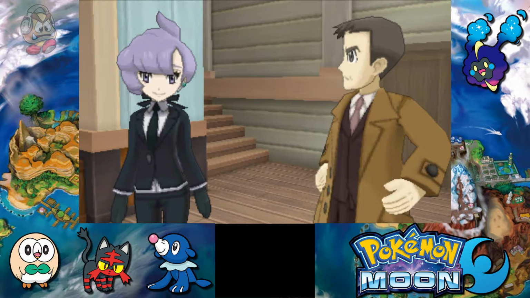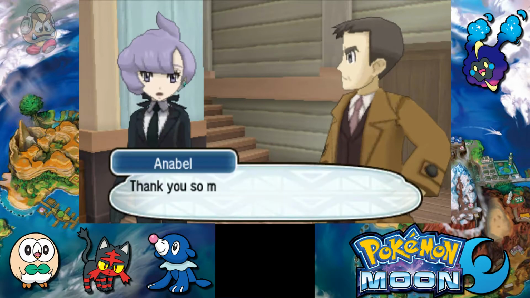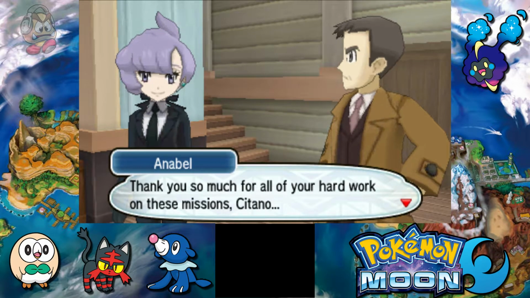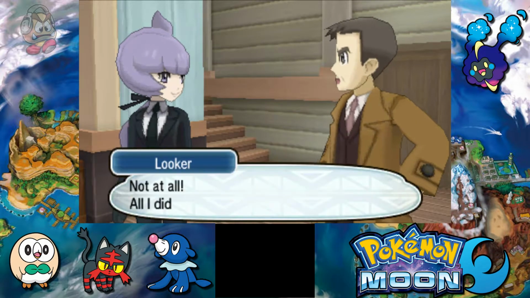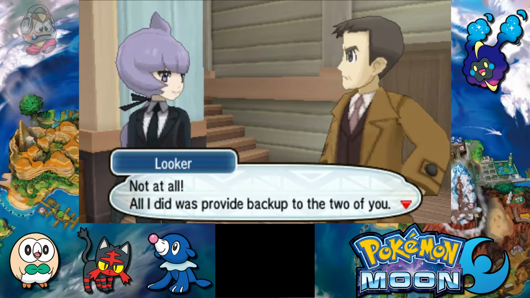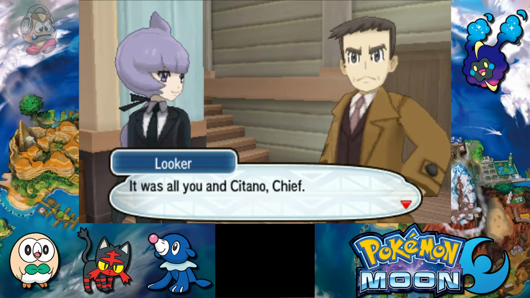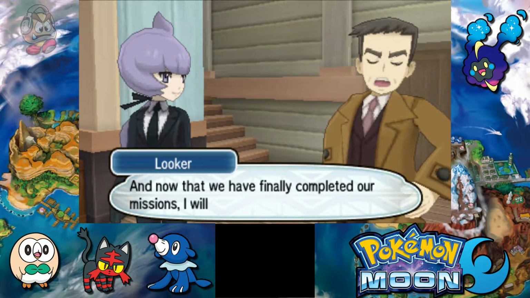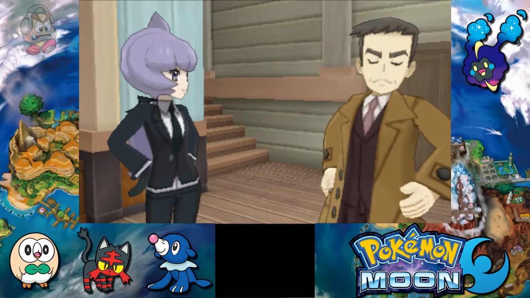We did it, Chief? Yes. We successfully contained all the UBs. Thank you so much for all your hard work on these missions, Citano. And Mr. Looker. Not at all. All I did was to provide backup to the 2 of you. It was all you and Citano, Chief. And now that we have finally completed our missions, I'll treat us all to a feast of...